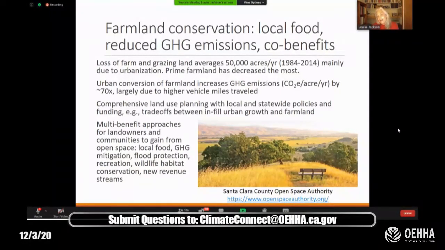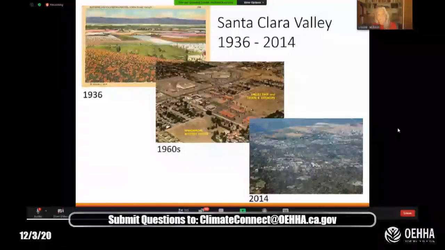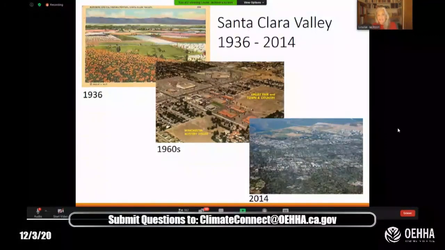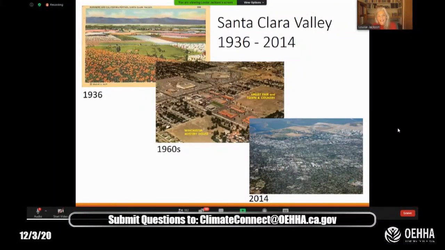And one of the most dynamic places where this is occurring is Santa Clara County. And the Santa Clara County Open Space Authority has made really huge progress in conserving lands in the south part of the county for both grassland, oak woodland, and agricultural production. These are pictures of Santa Clara County through time. You can see San Francisco Bay in the background of the 1936 photo, with orchards, vegetable crops, pasture, and the pictures taken from the grassland perspective.